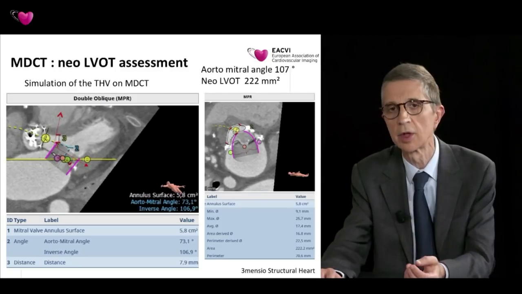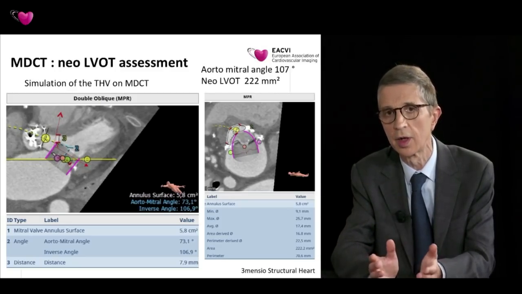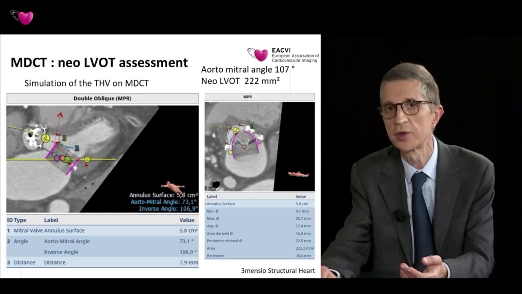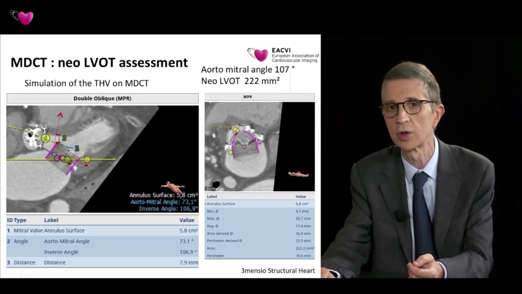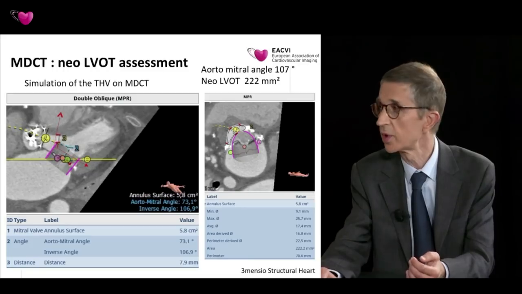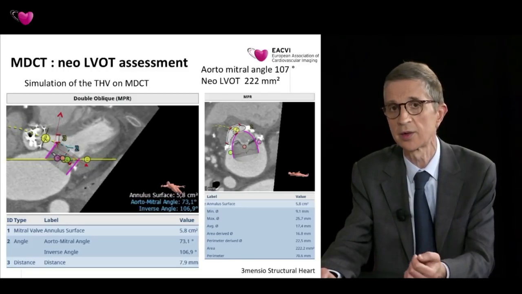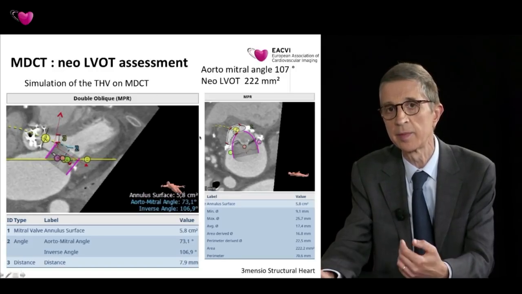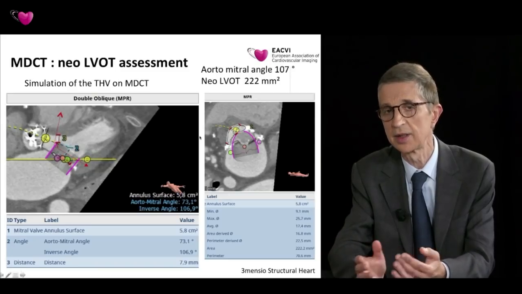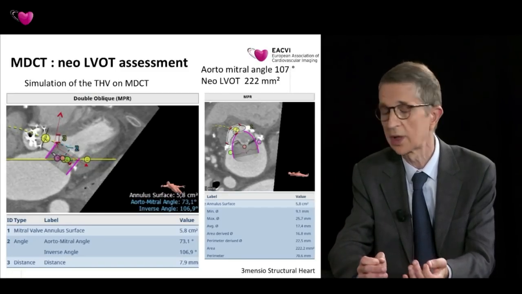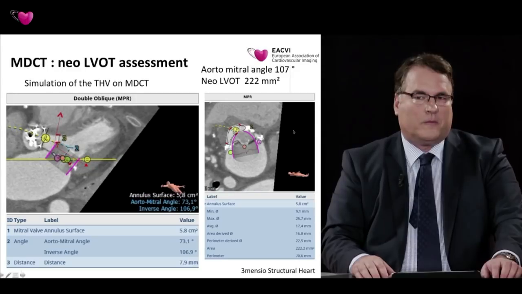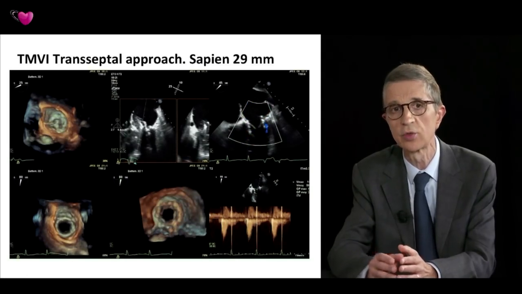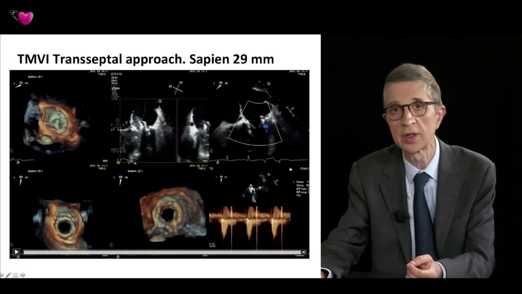Yes, so there is no established cutoff value for patients with MAC implantation, but we know that in patients over 200 millimeters square, there is no risk of obstruction. Patients who have less than 100 millimeters square should be excluded, because there is always an obstruction after implantation. And between 100 and 200, it is our experience, it is a case-by-case analysis, and we can sometimes have good results without obstruction. So in these patients, the value was correct, and we decided to implant a SAPIEN 29 millimeter valve